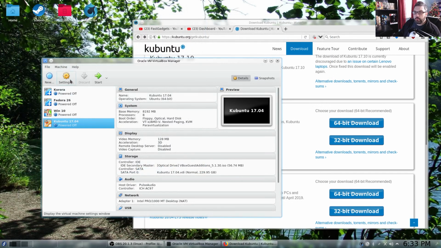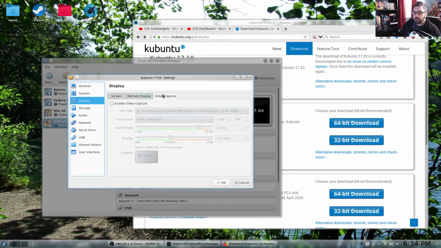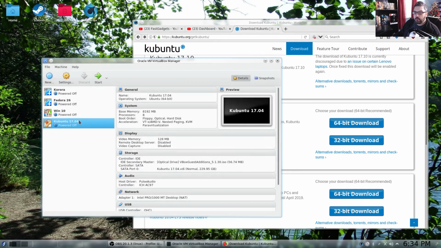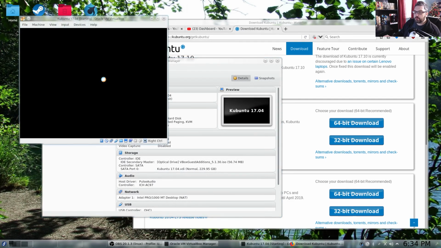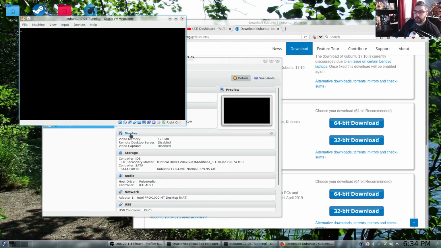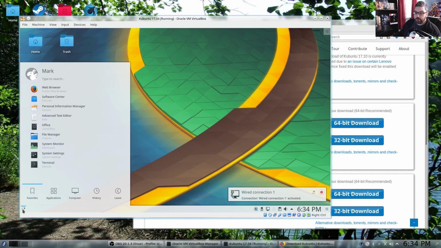And I'm going to go back into the settings here, display. I'm going to turn off 3D and see if I can enable 2D. Nope, says invalid setting. Okay. So we've turned off 3D acceleration. And it looks like I'm going to have to run an update. Doesn't look like I have much of a choice. I did get my start bar back, so